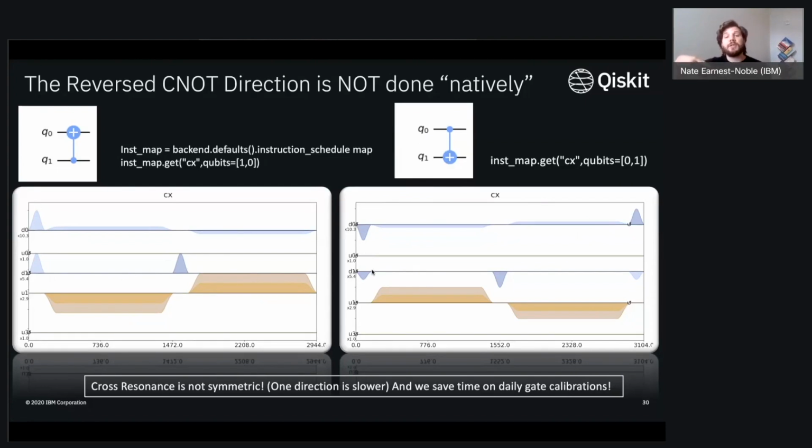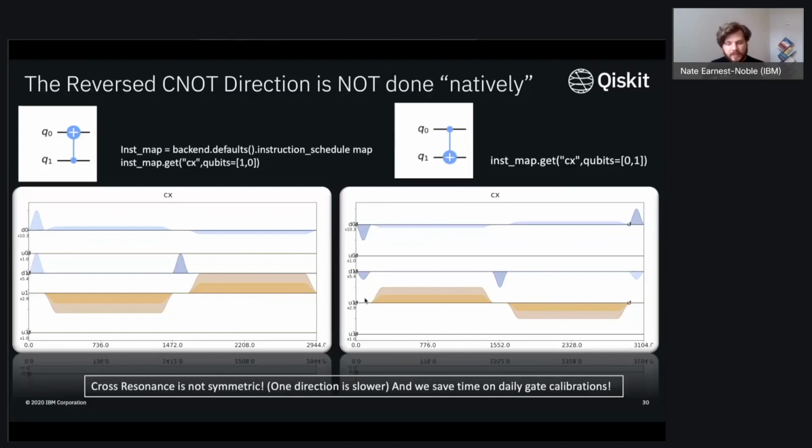So driving it in the opposite direction, one direction will end up being a bit slower when you try to calibrate it up. But another important aspect to this is that it actually reduces the number of calibrations that you need to do, which is really good, because you don't want to have to run calibrations all day and then never actually be able to run quantum circuits. So you want to run a minimum set of calibrations that end up giving you a good stable system, and applying this Hadamard reversal trick is a good way of doing this.